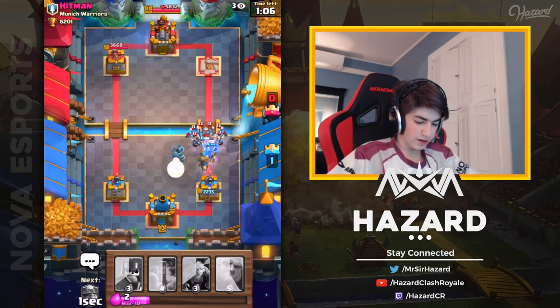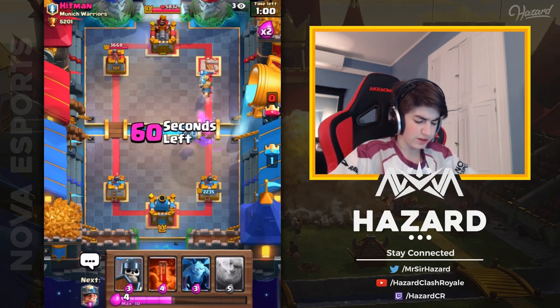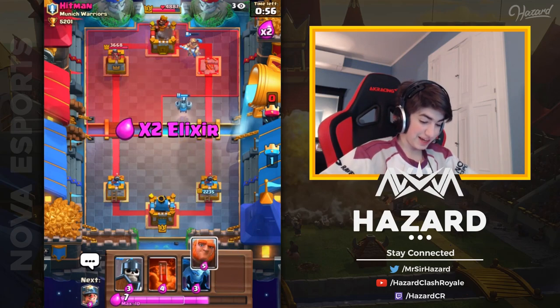Another Mega Minion onto this Minion Horde should take it out with the tower. The Prince is going to tank for us right there. The Prince might even lock onto the King Tower, do a good 1,000+ damage. And it does 1,000 damage for the